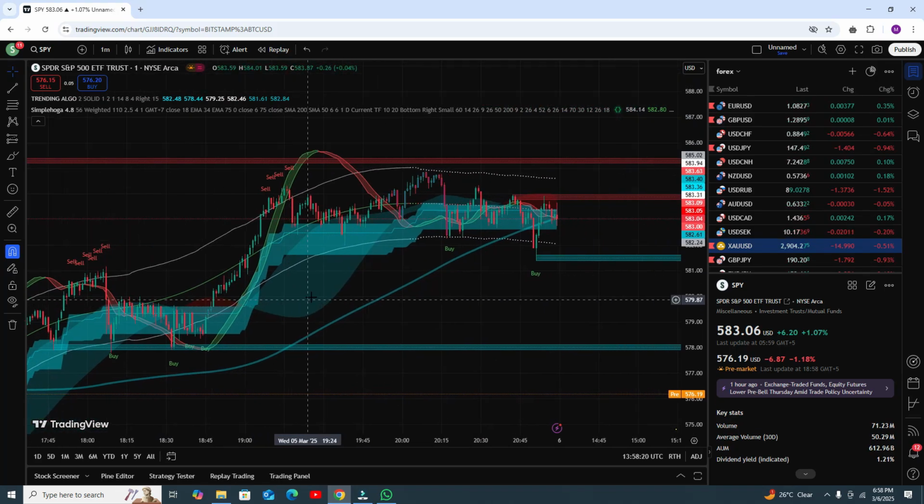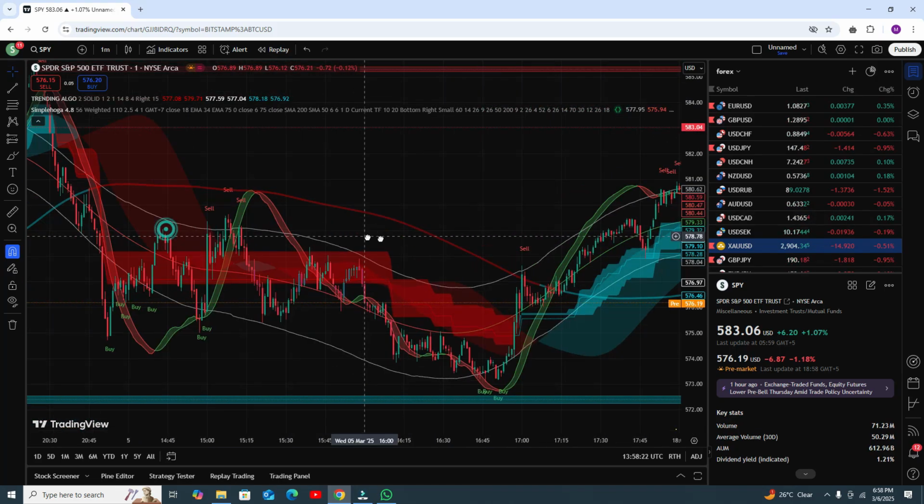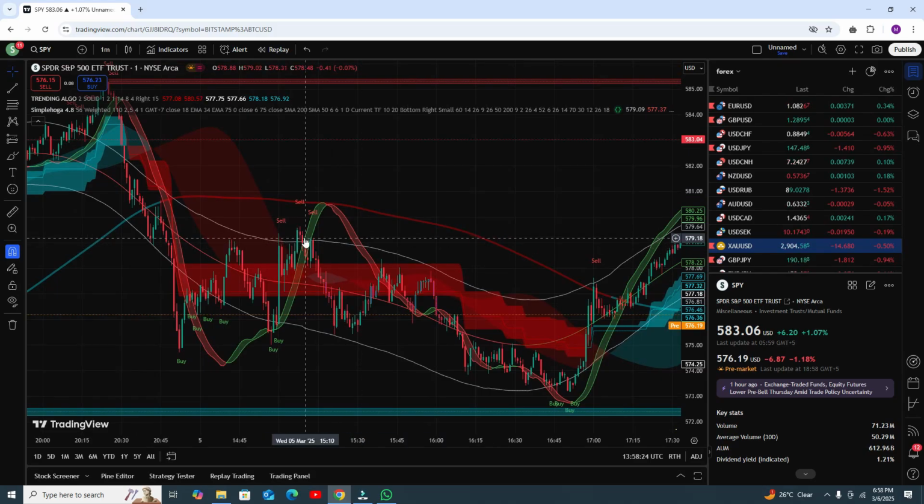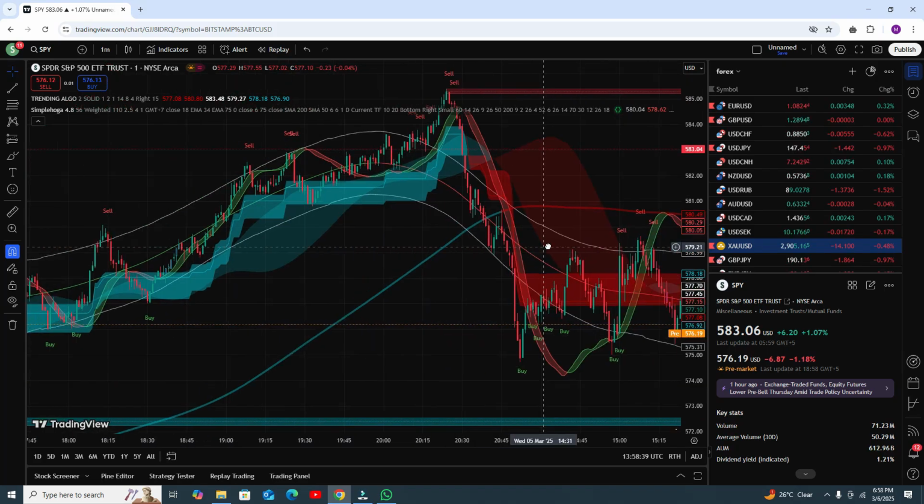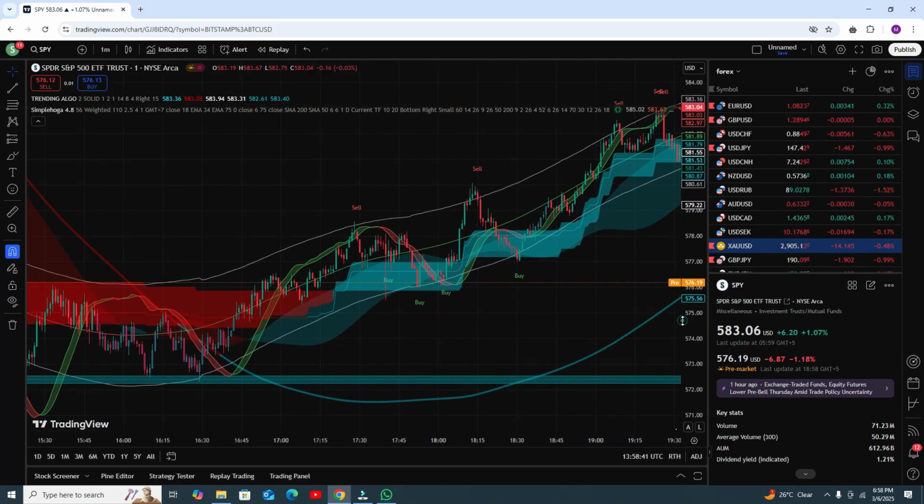Let me give you some more identification like this one. RSI is above the upper band line, the trending clouds are red and the trend line is red, so that is a very strong sell signal, and it will give you 100% accuracy. Okay, let's discuss more indicators like this one.